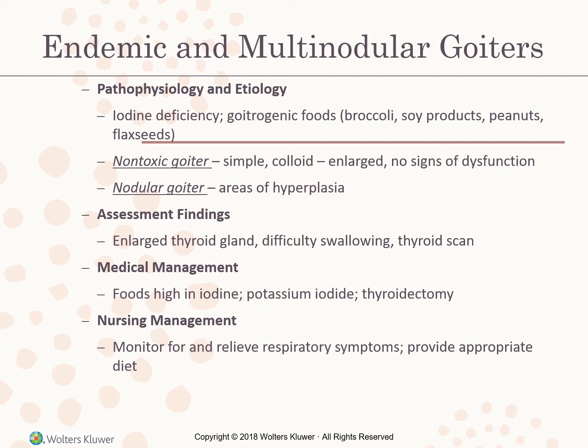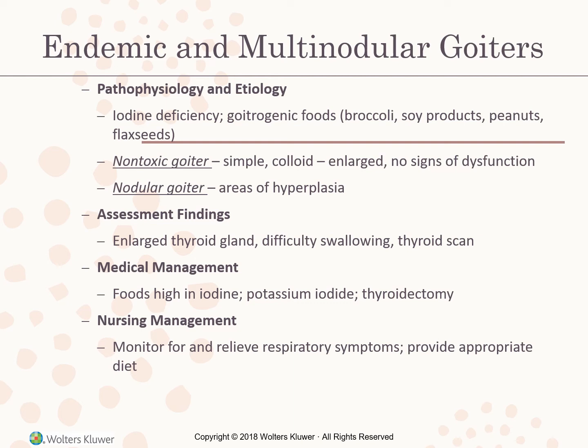We can find this by a thyroid scan, which will show an enlarged gland and a decreased uptake of 131I. Sometimes tests of thyroid function are performed, but the results may or may not be abnormal, and thus they might be inconclusive. In managing this, treatment depends on the cause. So if the diet is deficient in iodine, foods high in iodine such as seafood or iodized salt are recommended. Potassium iodide to supplement iodine intake may also be given. But in some instances, a thyroidectomy is recommended, especially when the gland is grossly enlarged.